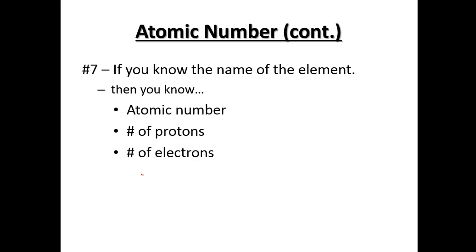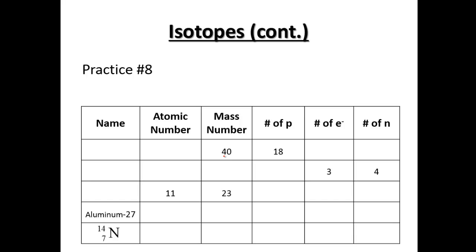Now, all of this information, you can give in the atomic number. Remember, the atomic number tells you the number of protons and the number of electrons. So if you know the name of the element directly, you can find this information. Now we have to do a little bit of work to get to the number of neutrons. The one that we know right away, if you know the name of the element, you can find the atomic number on the periodic table or vice versa. So only one element on the periodic table has an atomic number 11. Mass number then can be found on the periodic table. Remember, we're going to round